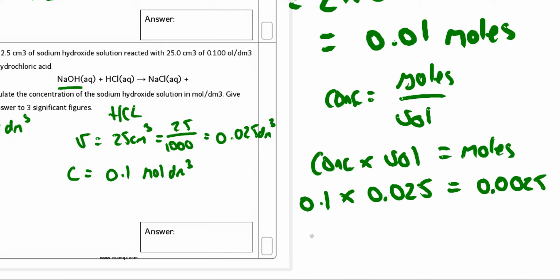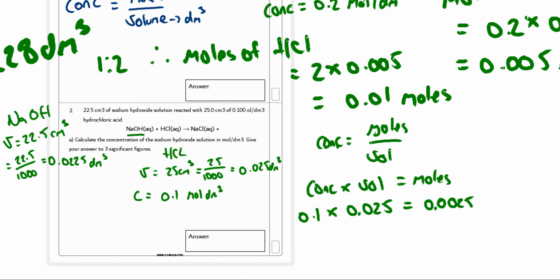From here, so this is the number of moles of hydrochloric acid. So then we can look at the molar ratio of hydrochloric acid to sodium hydroxide. So it's a 1-to-1 ratio. Therefore, the moles of sodium hydroxide are also equal to